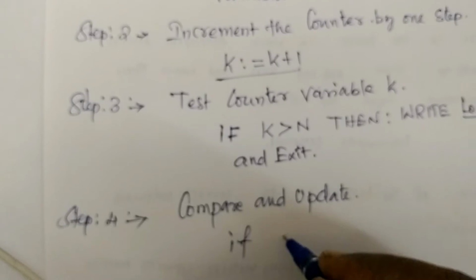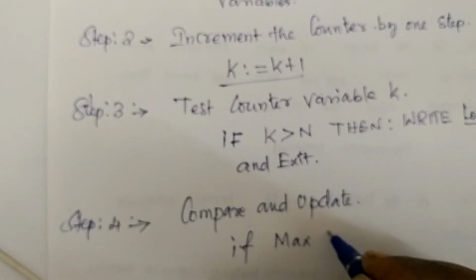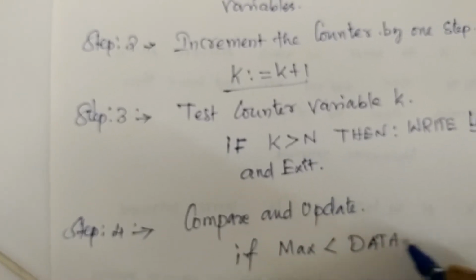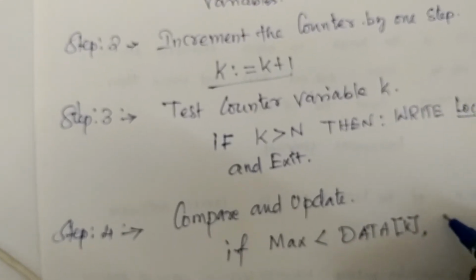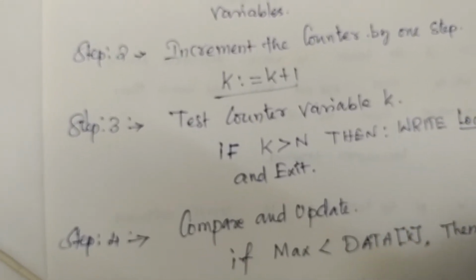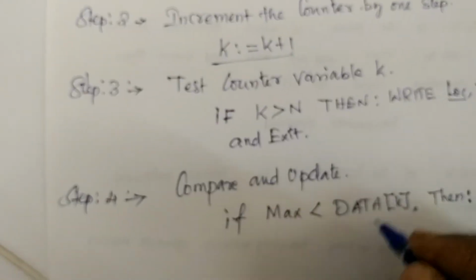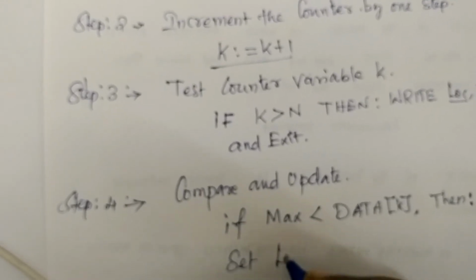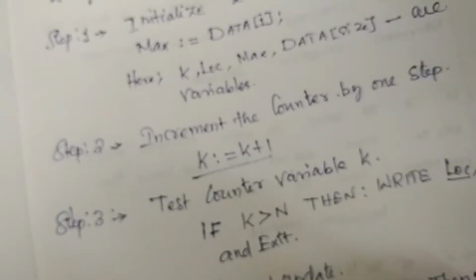If max is less than data of K as an index value, then colon, set the location that is equal to K,